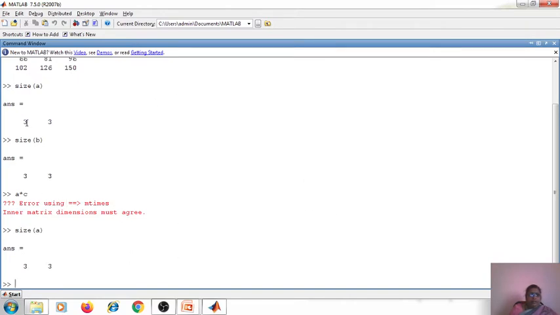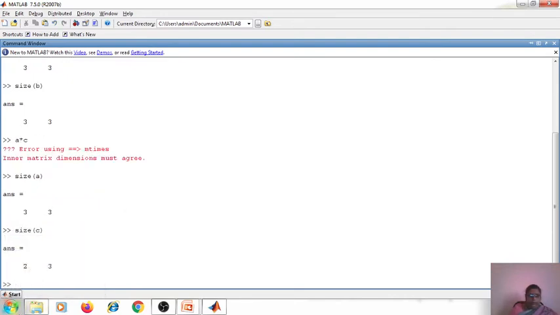Size of A, rows are 3, columns are 3. Right? Then what is the size of this C? It is 2 and 3. So this 2 should be the same. Matrix A columns should be equal to